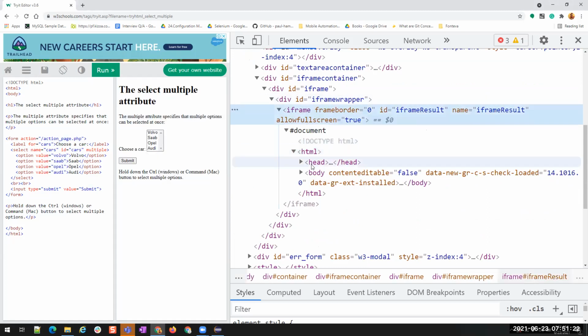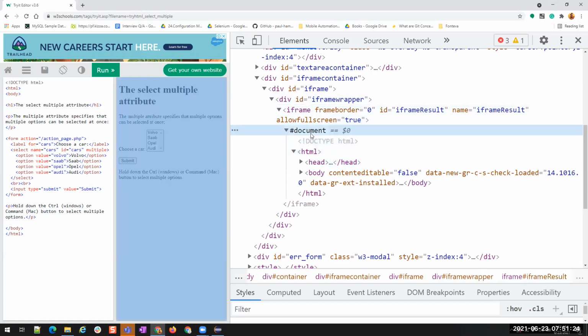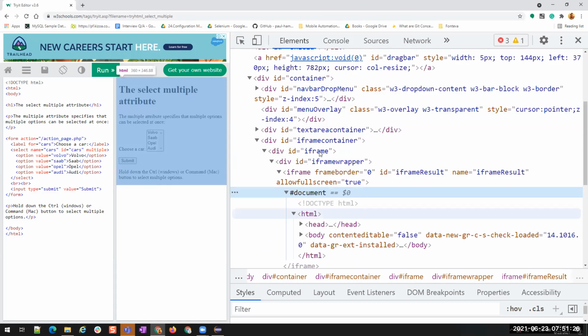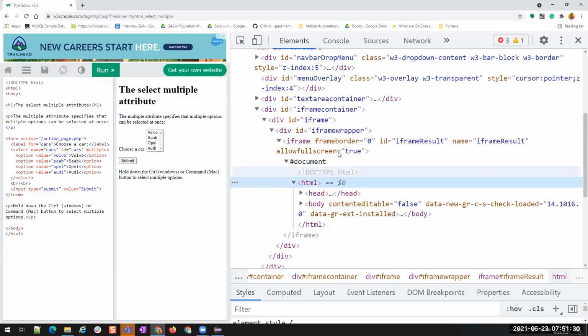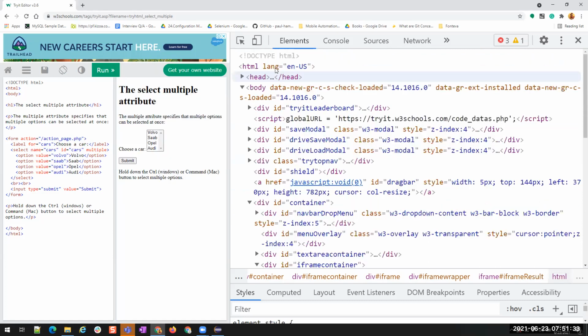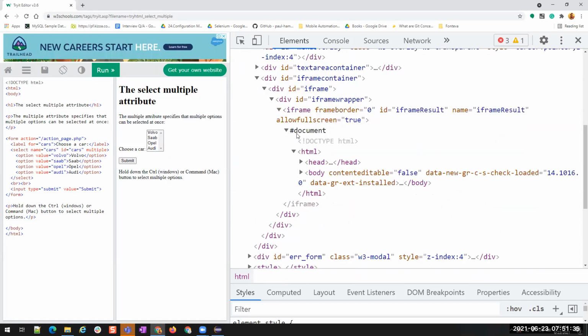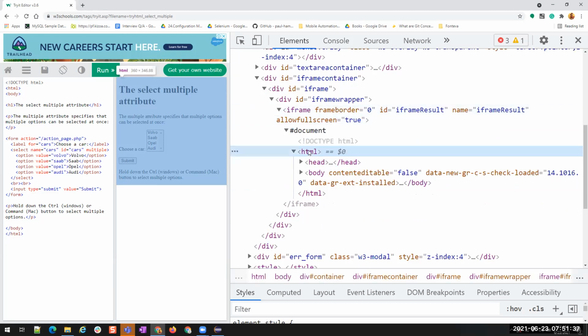Since this is another HTML document, our Selenium will not be able to move to this HTML page. It can perform all the operations in this HTML, but it cannot go into this HTML because this is a separate document, right? It cannot go into this HTML file and perform the operations.